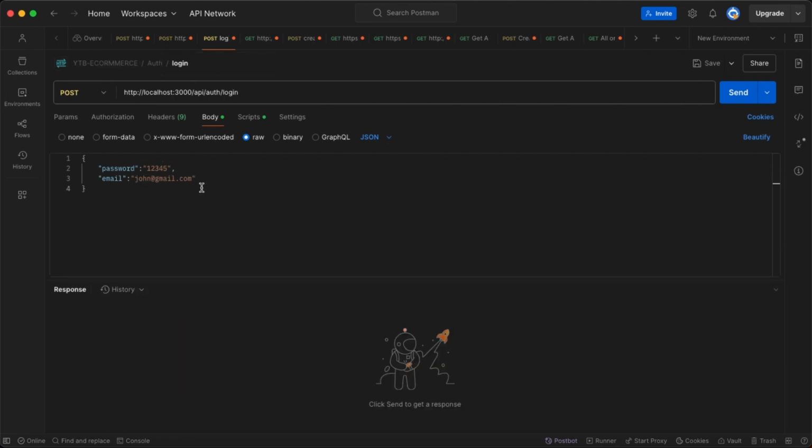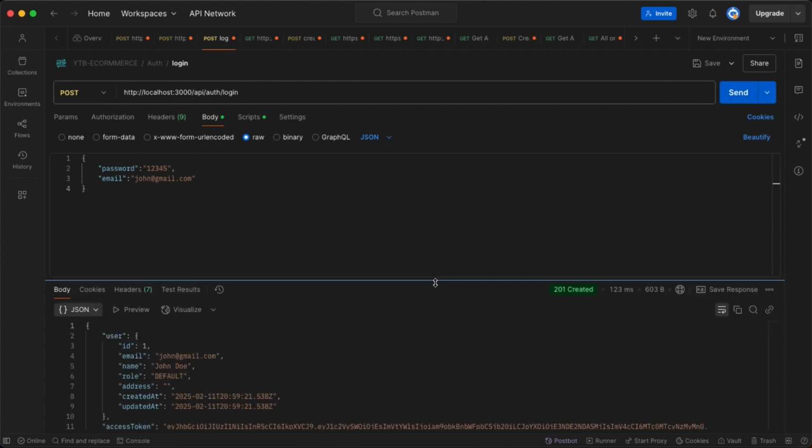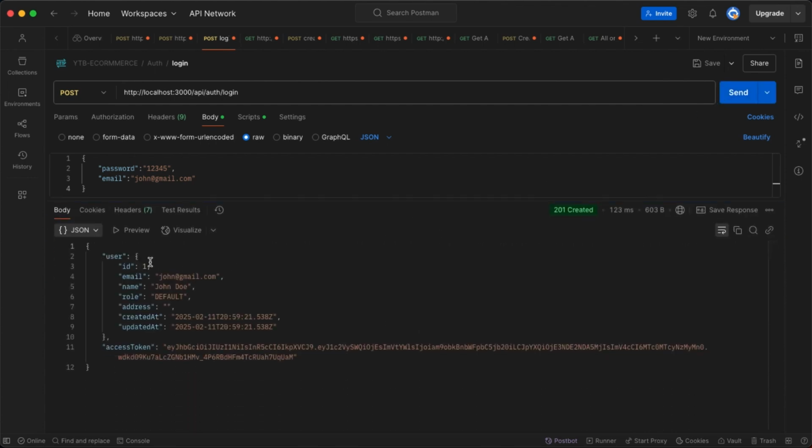So normally the backend person will give you the information of the test user for testing the login. Okay, so this is our user that is available on the database. So if we hit this, we will have this information. So we'll see there's the user information itself and also the access token. So these are the information that we need, and you need to understand these also are the information that